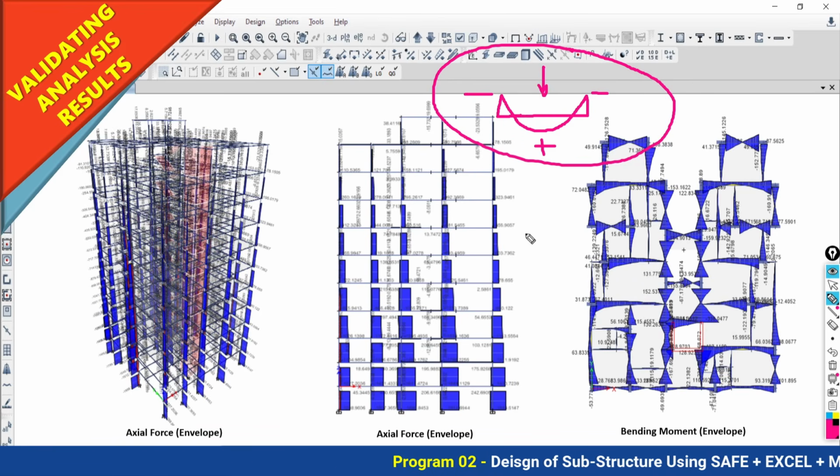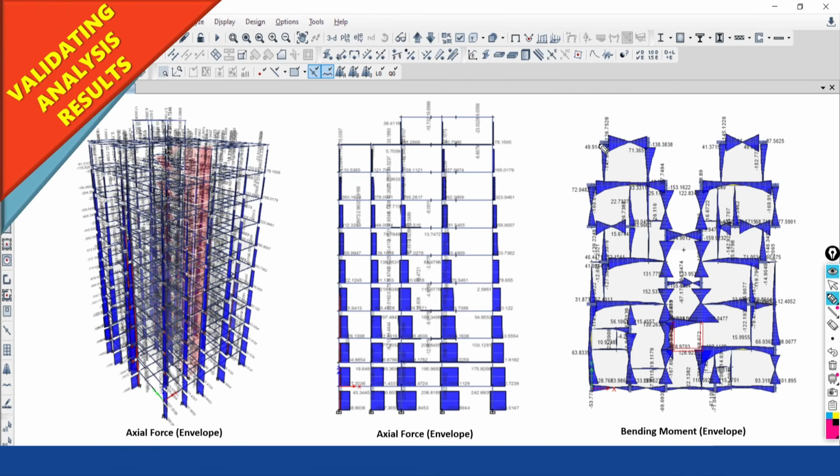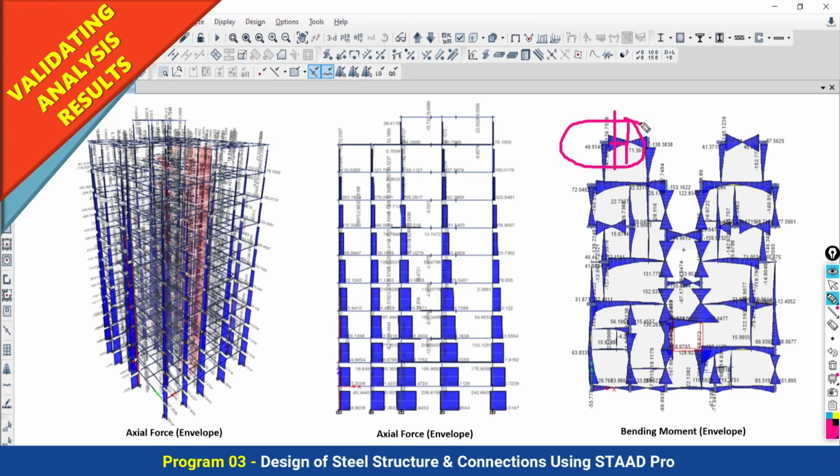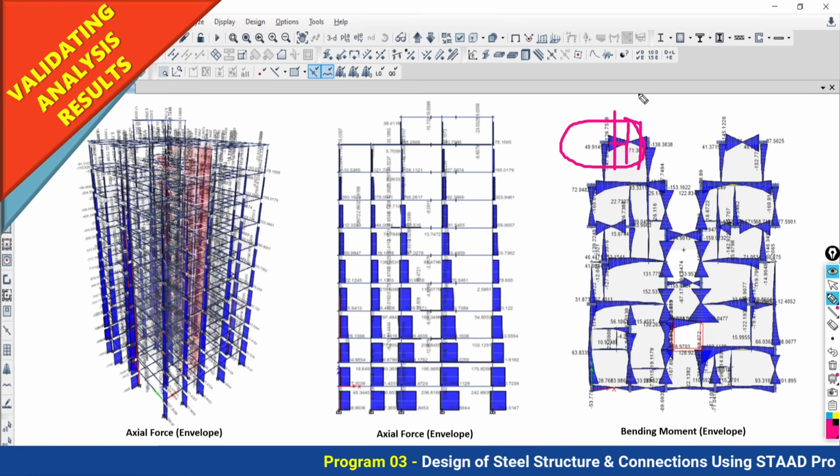But when your structure is subjected to gravitational plus lateral load, you will get the response of your structure in the analysis result in this format with the reversal action. At every point you will get two stresses, positive and negative, positive and negative, and in the middle you will get less. Over the support you are getting more. So this is called reversal action.